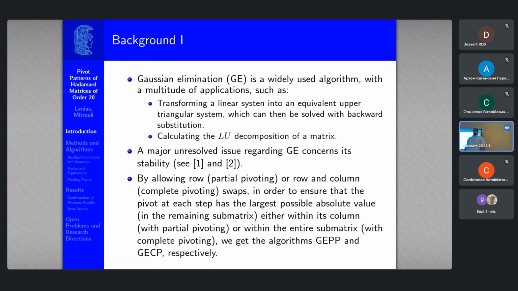Some background, I assume you're all generally familiar with Gaussian elimination, so I won't go into much detail. It is, of course, a very widely used algorithm with multiple applications. There is a major unresolved issue regarding the algorithm, and specifically concerning its stability. If we allow row swaps in partial pivoting or row and column swaps in complete pivoting, in order to ensure that the pivot at each step has the largest possible absolute value in the remaining submatrix, either within its own column for partial pivoting or within the entire remaining submatrix for complete pivoting, we get the algorithms GEPP and GECP